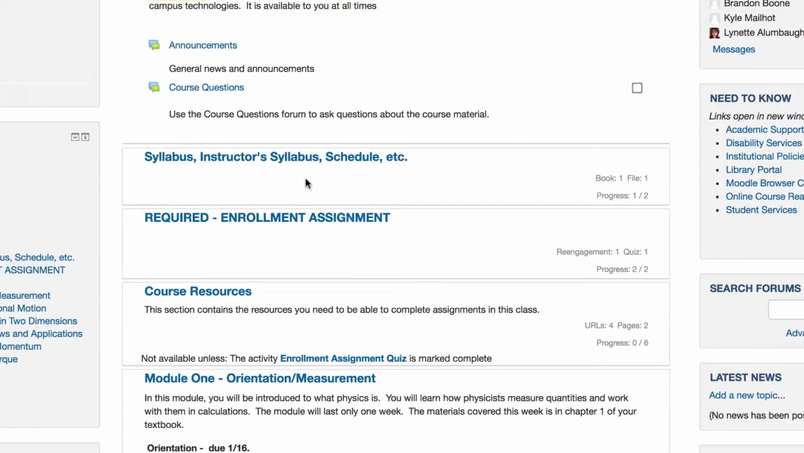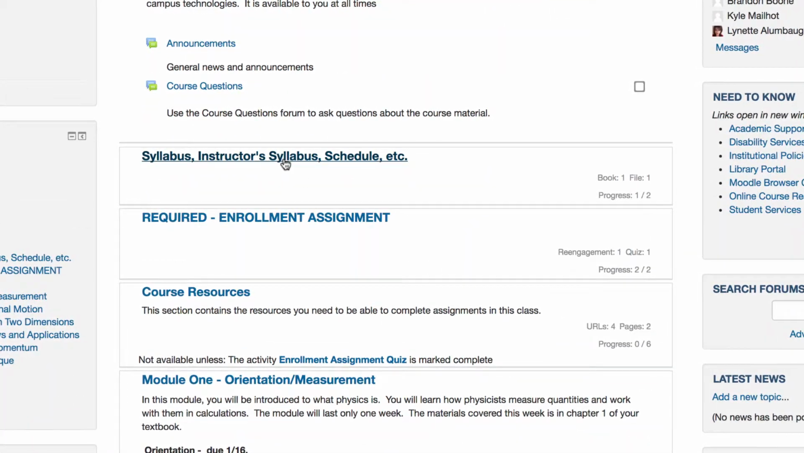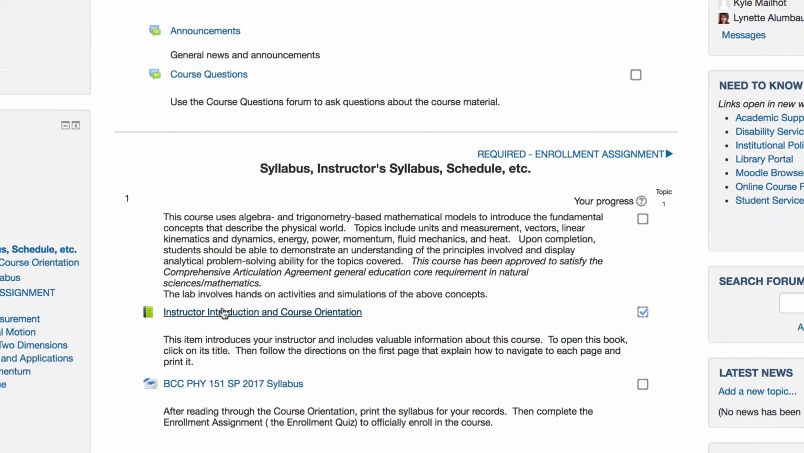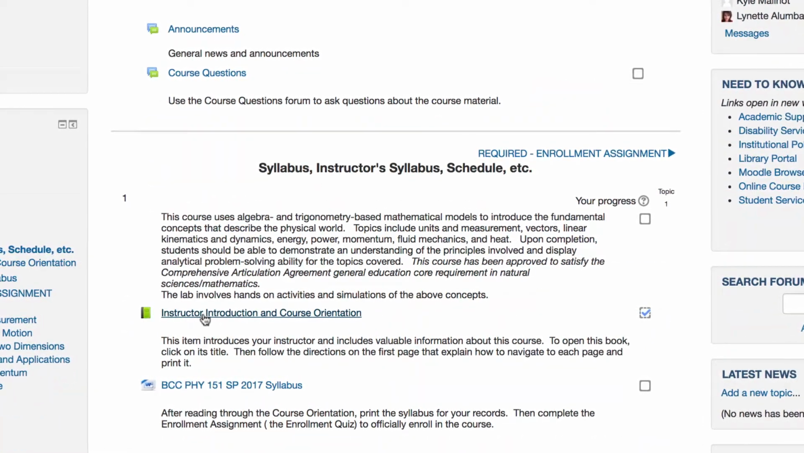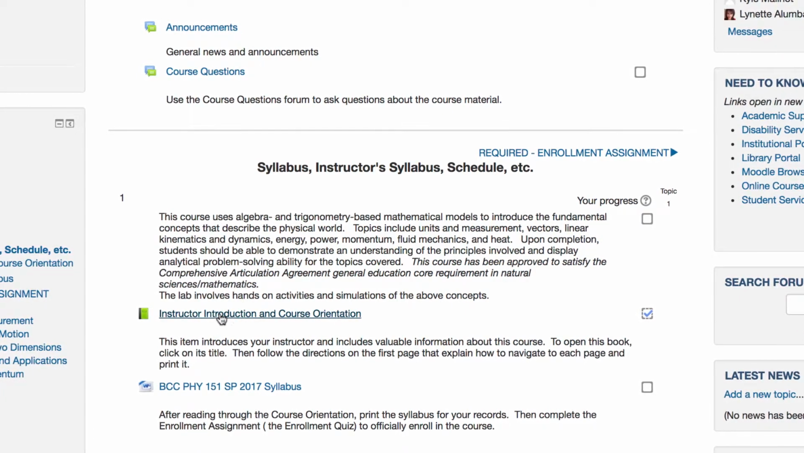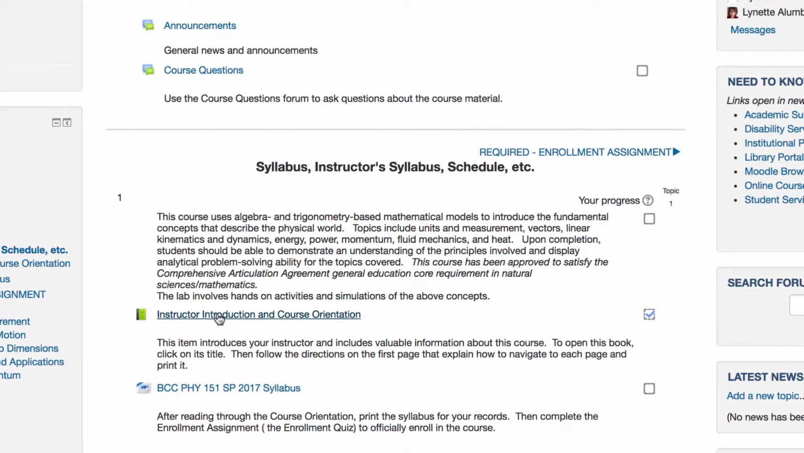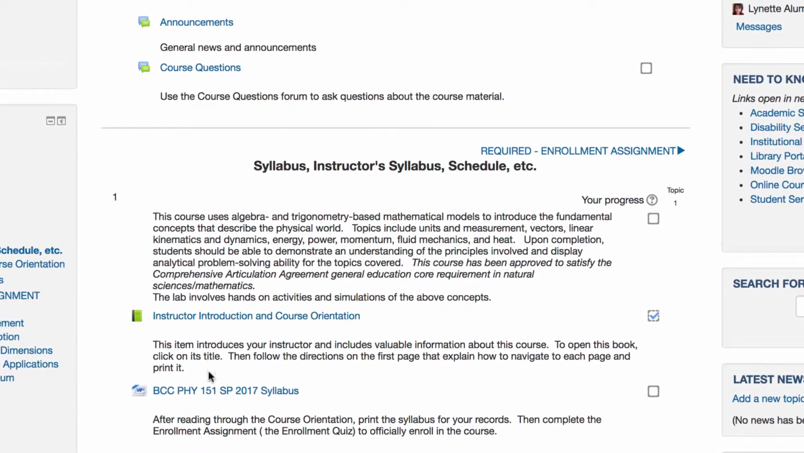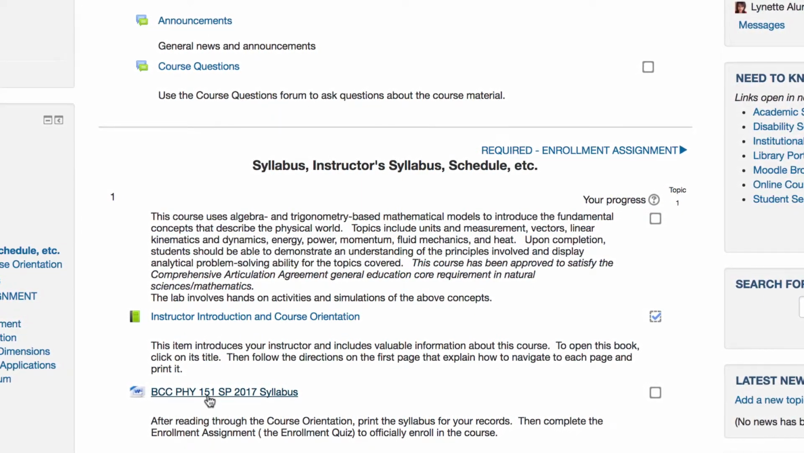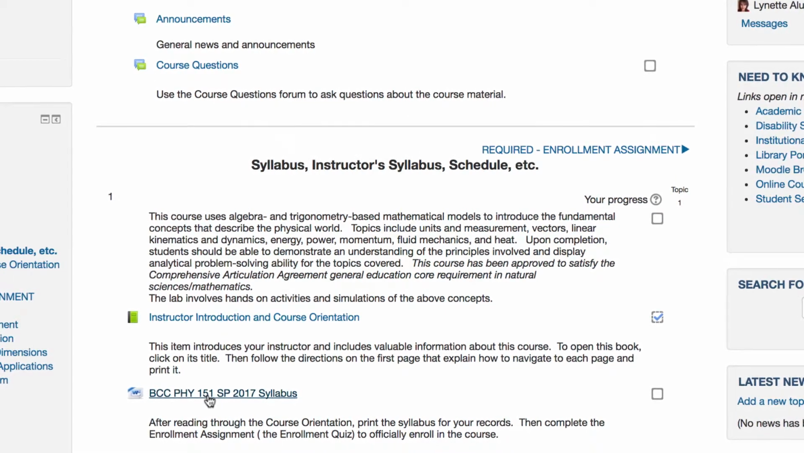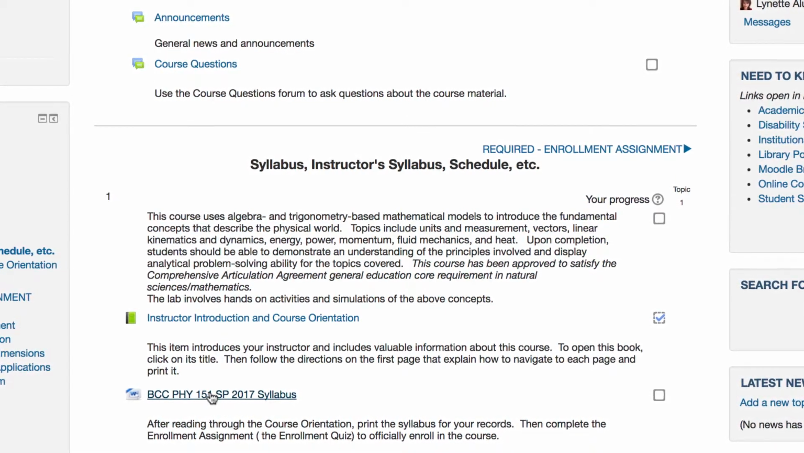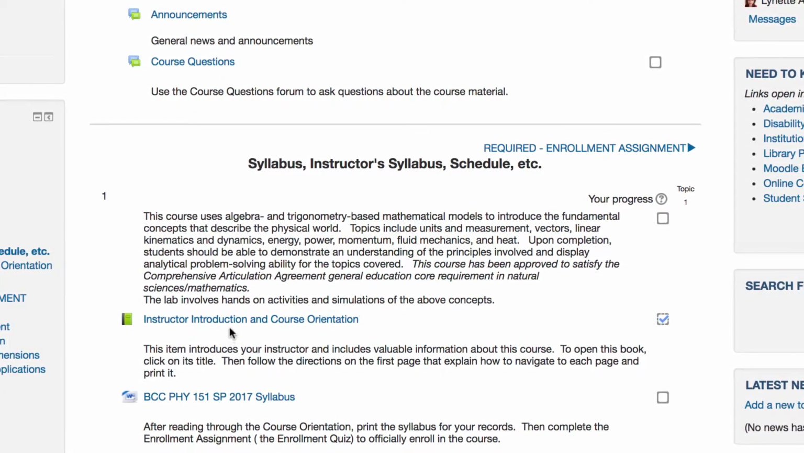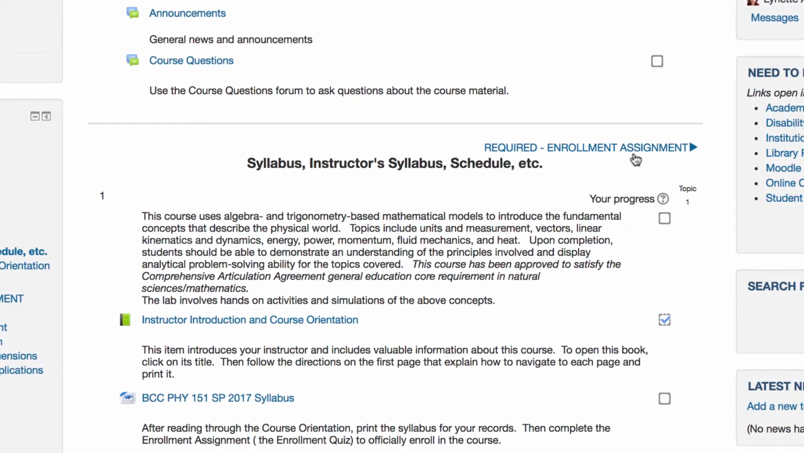The first section is going to be the syllabus. When you click on that, you're going to see a book. The little green icon is a book, which is actually the orientation. If you click on that and you go through each page of that, that'll kind of orient you to the course. Then you need to click on the syllabus and download it to your computer and print it out for your records. Make sure you've read through both of these, and when you're ready, then you can go to the